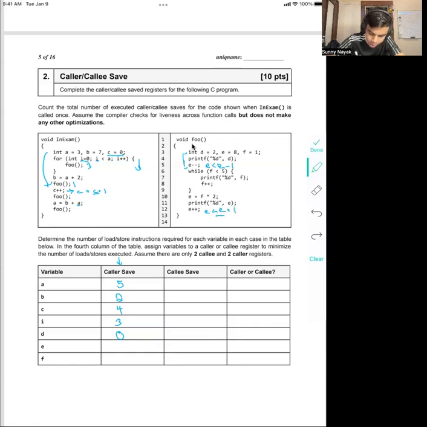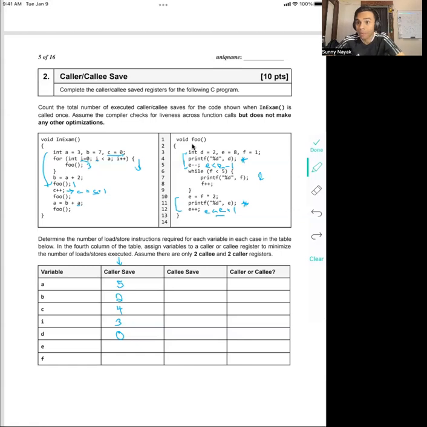And so this other scope extends from lines 10 to 12. As a result, we're going to have one caller save for this first print statement on line 4, and we're going to have another caller save for this print statement on line 11, right? So we have two caller saves